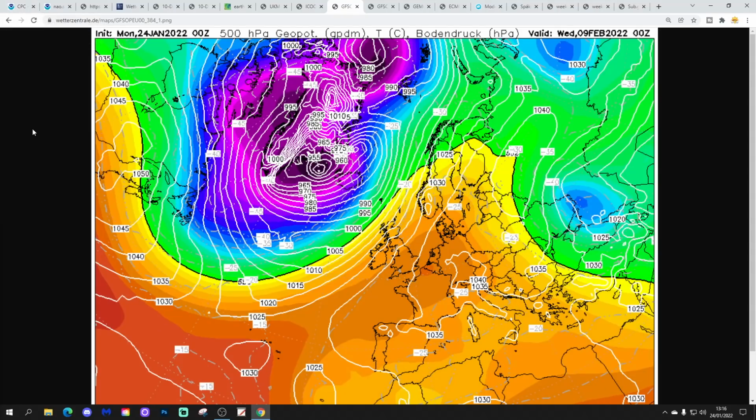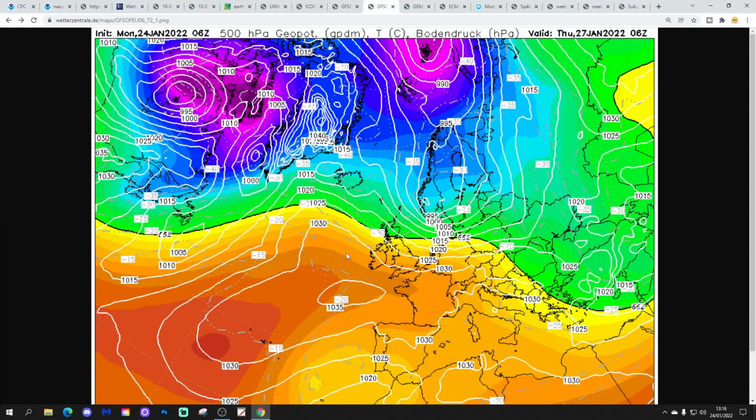Could be overnight frost and whatnot, but still anticyclonic weather goes on till the very end, when it looks like we begin to re-establish a southwesterly. So now it's looking like the first week of February may be reasonably dry and just back to sort of frost and fog and that sort of thing.